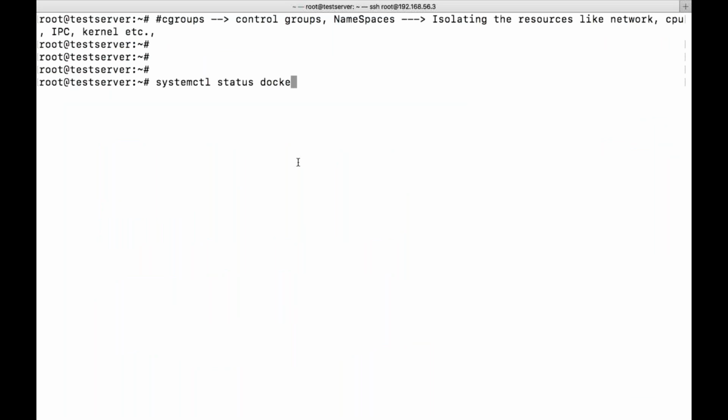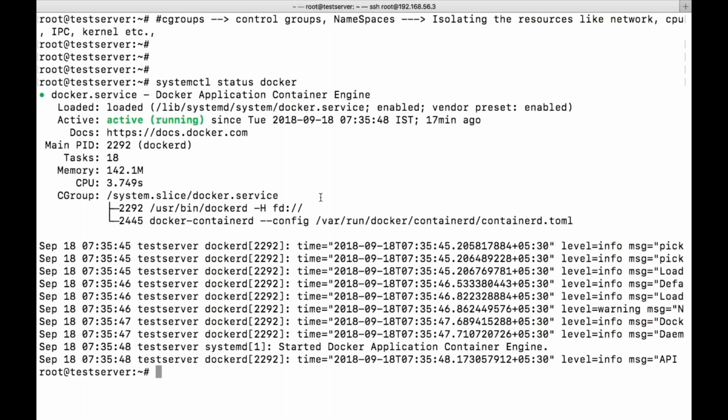here we can see that the Docker service is running in the background. If you stop this service, you cannot create your containers. So when I execute docker --version, this will talk to the Docker daemon, and the Docker daemon will check who is talking to it, and then transfer the information to the respective components, get the information, and then it will be displayed. So this is how it is running in the background. You can see the main process ID. The process ID is 2292.